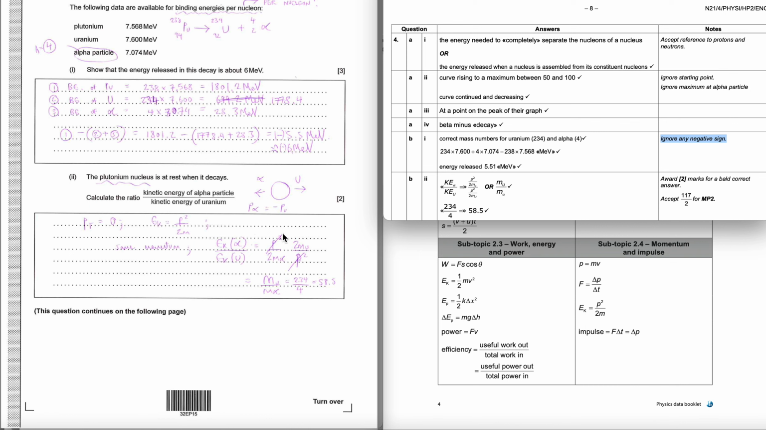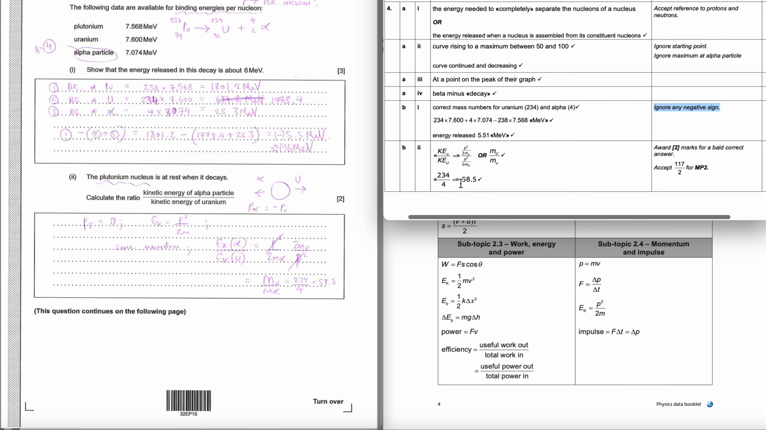Okay, and we find that because those two momenta are equal and opposite, we square them, we get the same value, we can ignore them, and simply we're looking at the ratio of the mass of the uranium to the mass of the alpha particle, which comes up as 58.5, and that's the number which is in the answer scheme. And that's fairly well worked out here